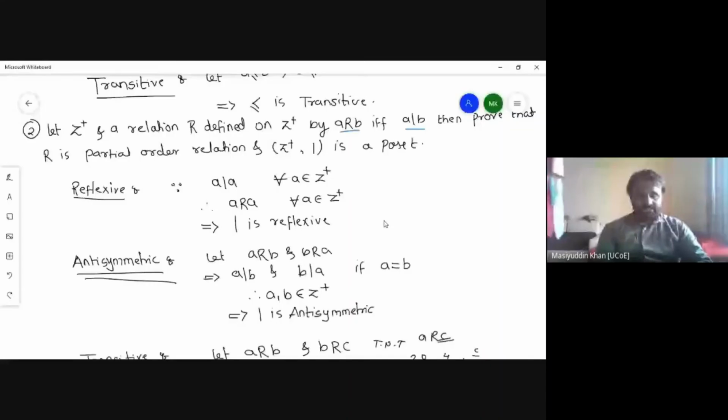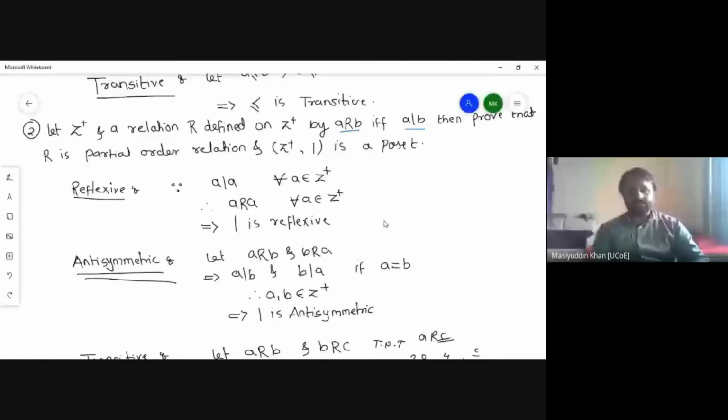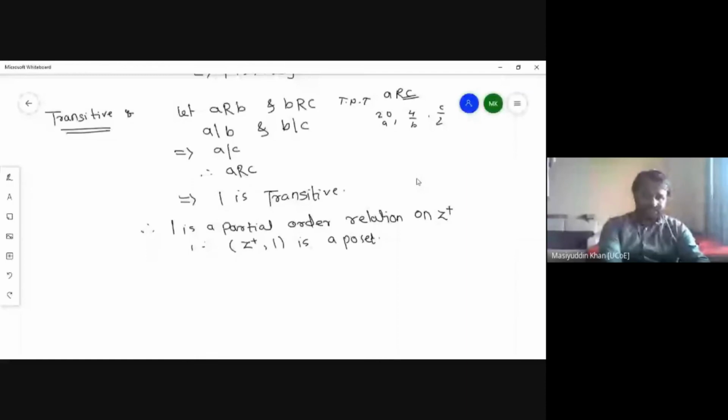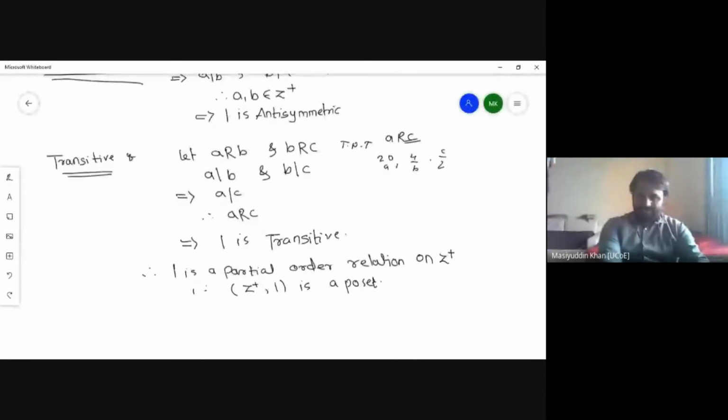It will take at least about 10 to 12 lectures to complete this part. So hope things are clear. If anyone has any doubts regarding these questions or earlier questions, I can explain one more time, or if you have any specific doubt regarding reflexive, transitive, partial order set or partial order relations, you can ask. You can write in the chat box.